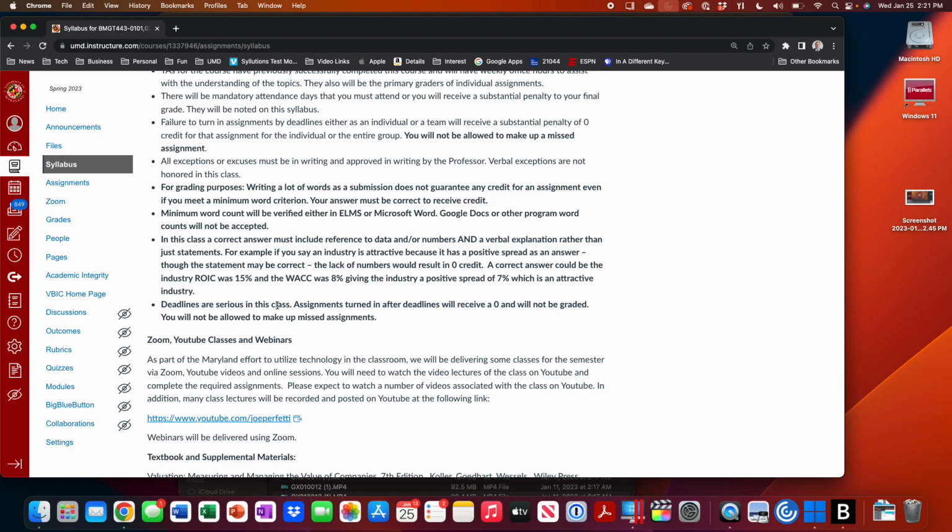So just as an example, is this an attractive industry? Yes, this is an attractive industry because this company is doing better than the others. No credit. Yes, this is an attractive industry because the industry ROIC is 22.3%. The industry WACC is 9.8%. The industry spread is about 13%. And for that reason, this is a value-creating industry, which makes it an attractive industry. That, in this class, is an attractive answer. That is a correct answer. Okay? You must use numbers in papers. You must use numbers in presentations. No data, no numbers, no credit.